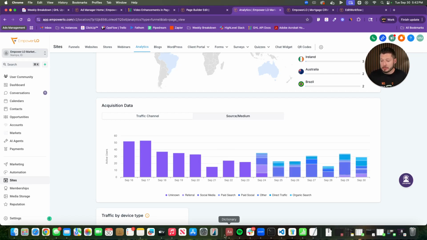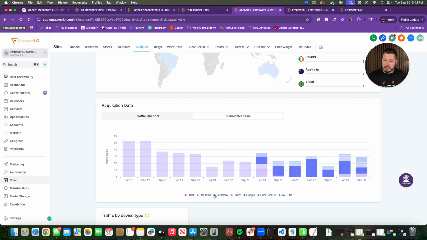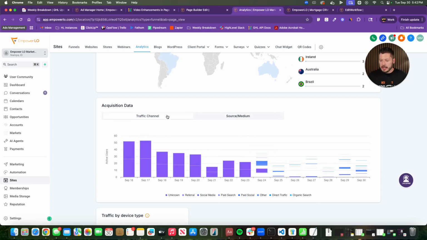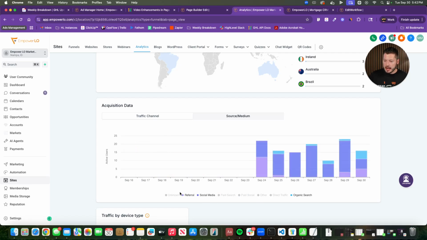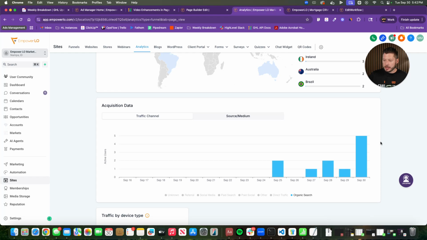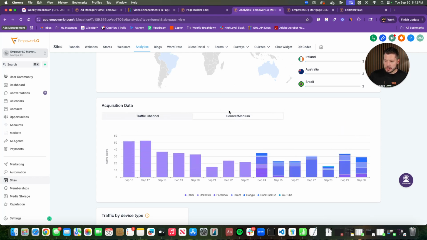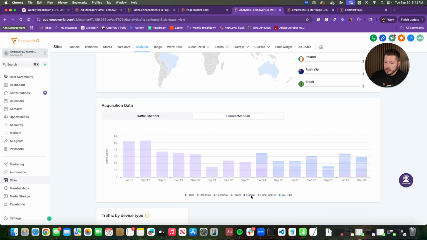kind of data, to be able to break down not only by the traffic channel, and this all is based on UTM parameters, by the way, but being able to see within those the source and medium as well. So I can see traffic channel. I can see I have organic search traffic, not a ton of it. I can isolate that by taking out everything else. So I can take out my unknown data and just go organic search and see what that organic search traffic looks like. And then I can come over here to sources, source medium, and I can view where that traffic